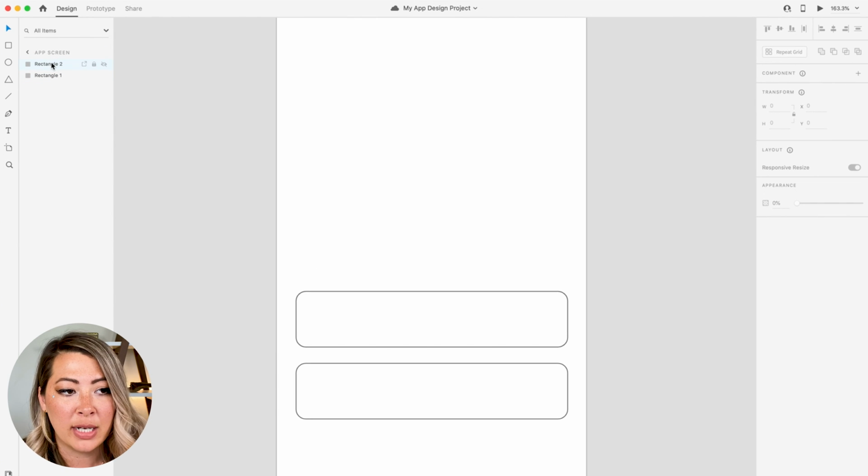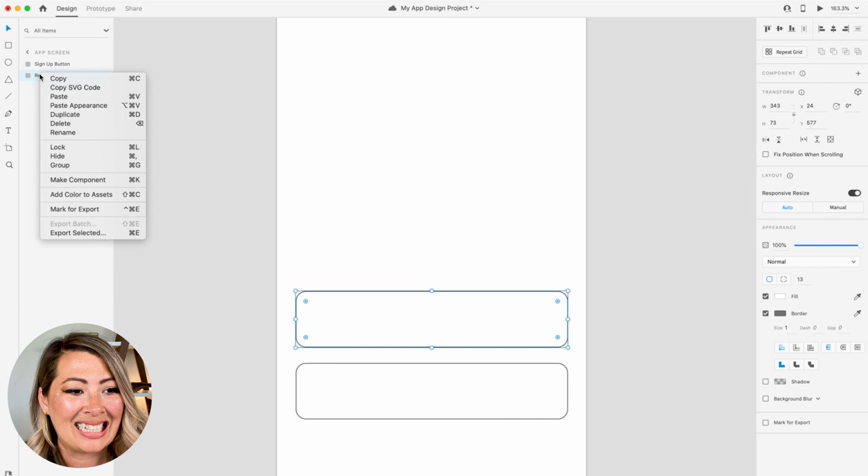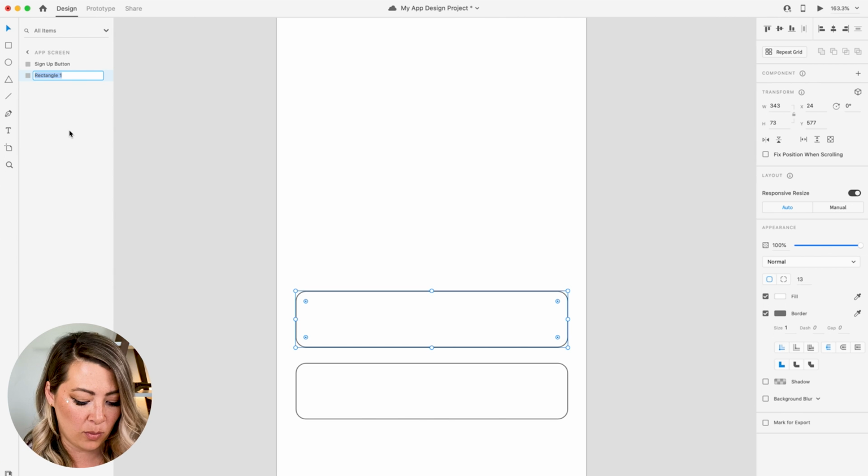In order to rename a layer, I can select this top one, double click and just type in sign up button. The other thing I can do is right click and select rename, and that's the alternate way to rename a layer. Login button.